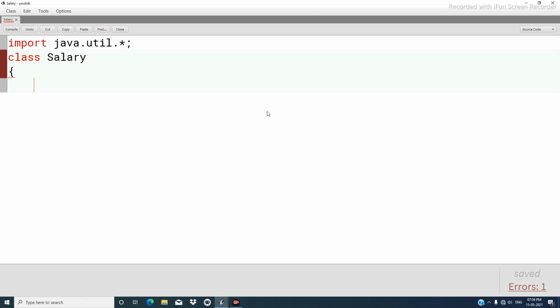So the signature of the main method is fixed, we cannot change this, and this is like this: public static void main. Inside this we write String args and an array sign.